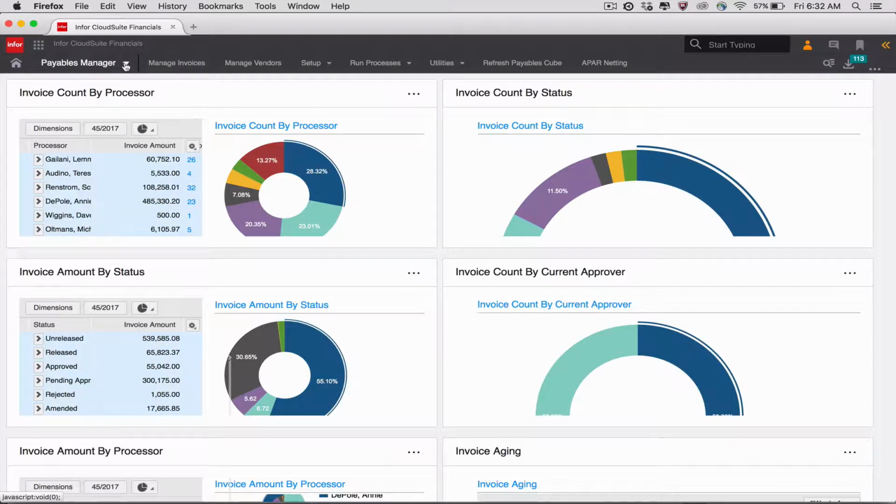So when we come into our solution, we have brought you all here to our Payables Manager role. Again, as I've mentioned in other videos, the solution is role-based. So when I log in, I have access to the various roles that I play within the organization. So from this landing page, I can get some very quick insights into what's going on within my AP activity